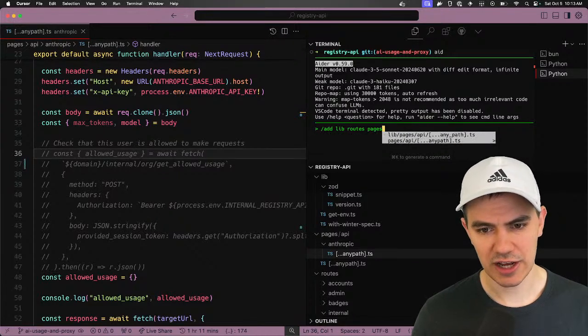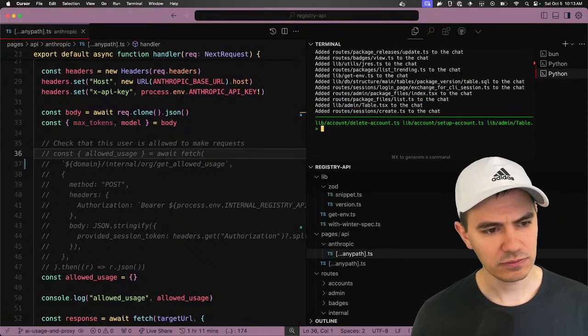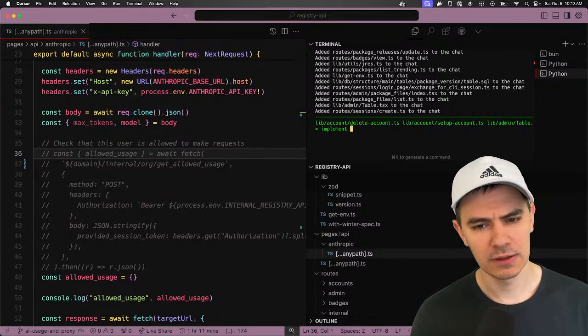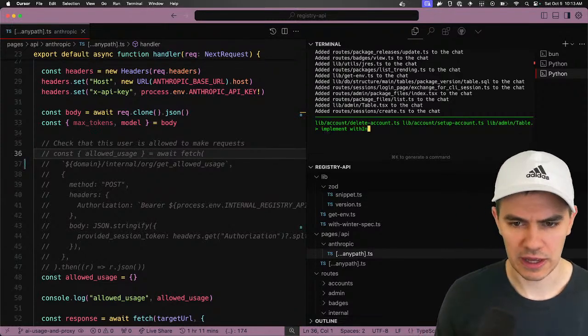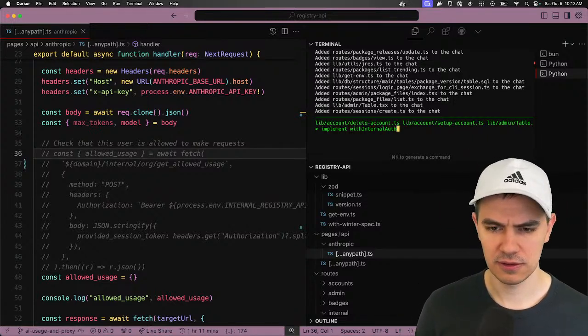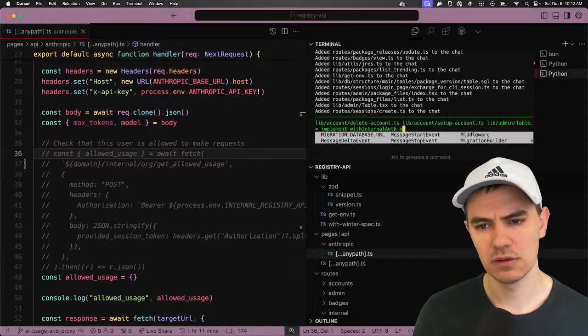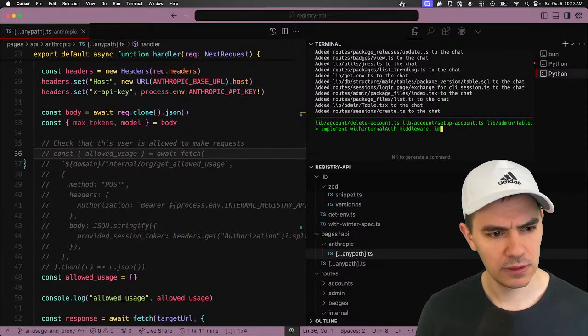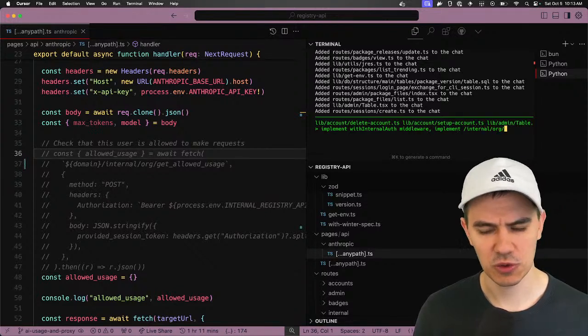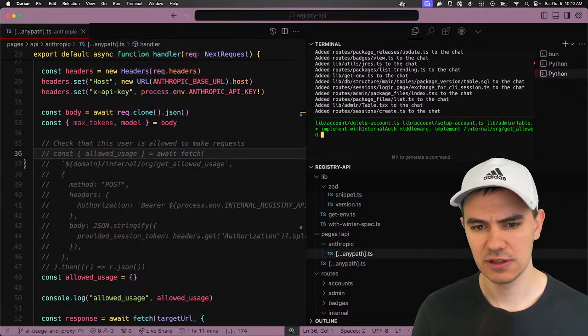Let's add lib routes, pages. Implement with internal auth middleware. Implement /internal/org/get allowed usage.